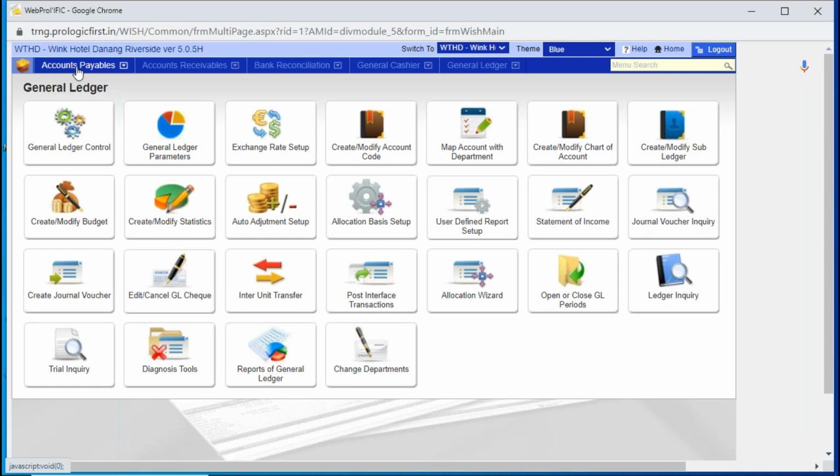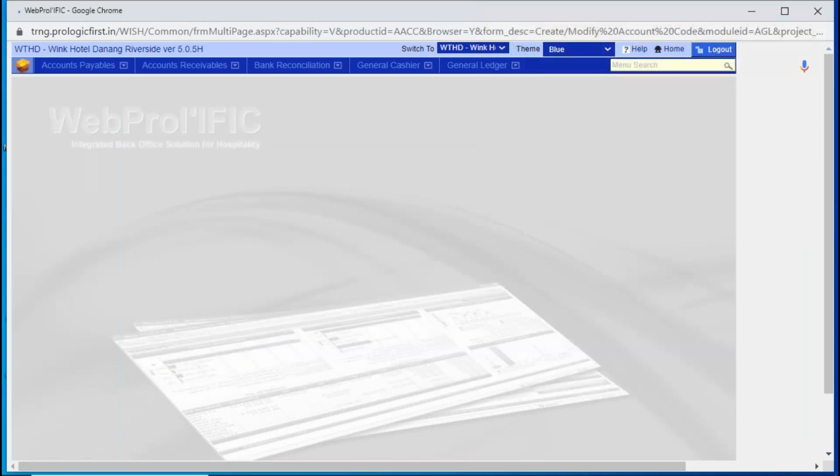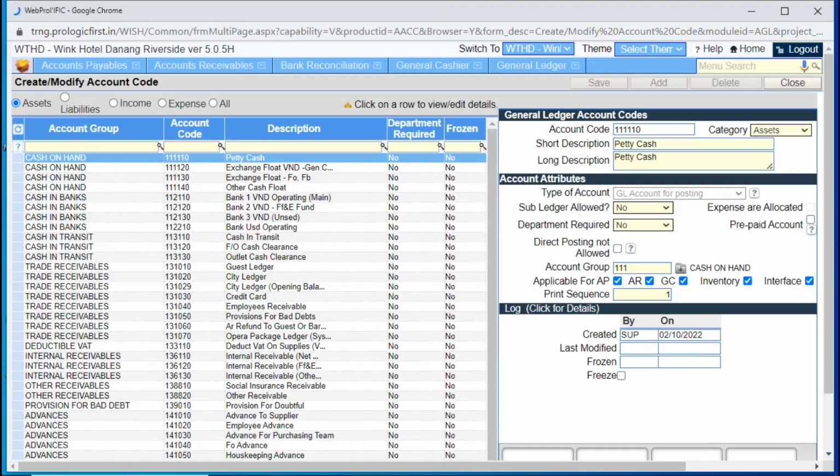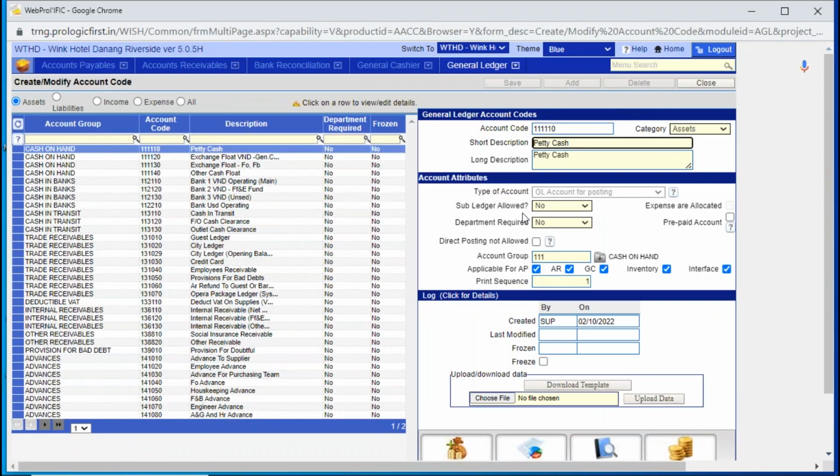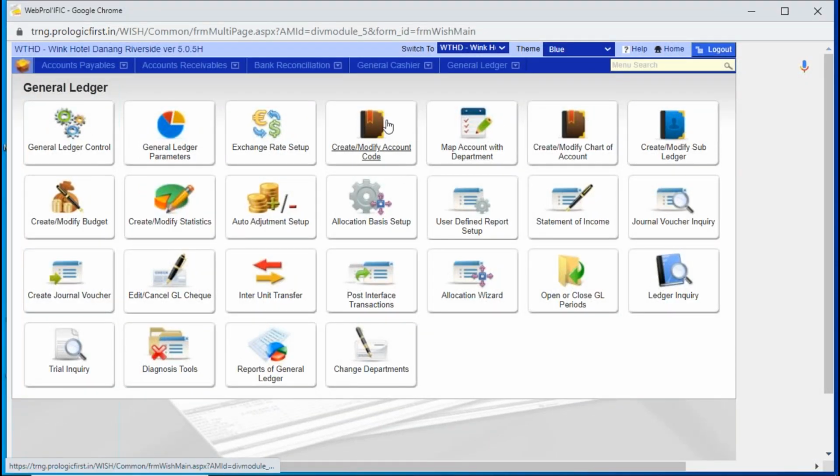Apart from this operation, if you remember, when we had covered the create modify chart of accounts, when we were creating the chart of accounts, there was one option which said sub ledger allowed, yes or no. Which means, will this particular main ledger account code have sub ledgers? So if you say yes, then the sub ledger account codes, the list of account codes, is created at